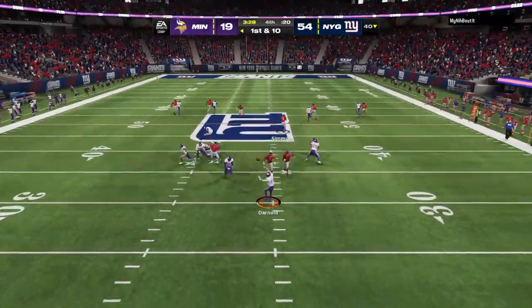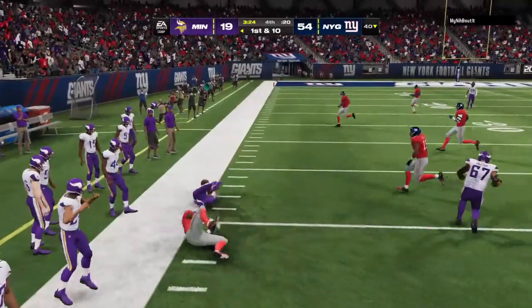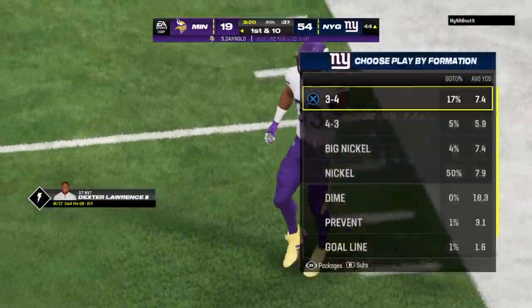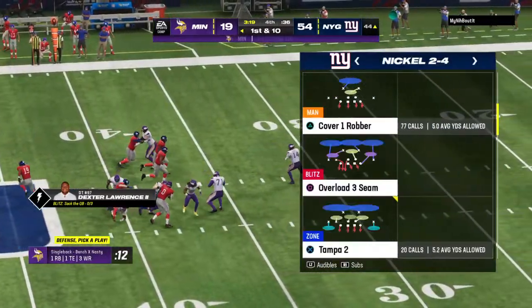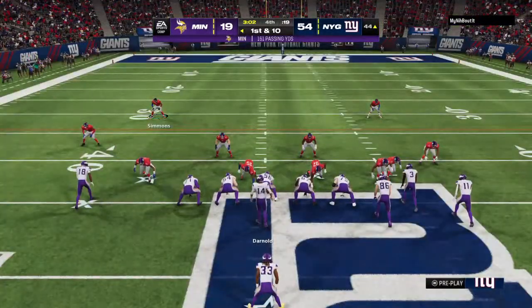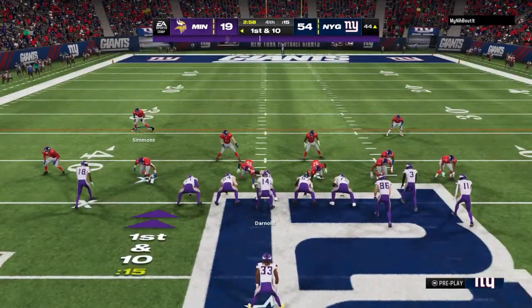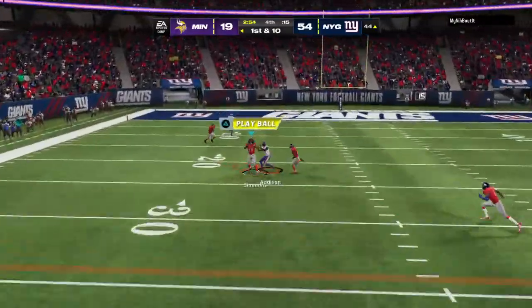Darnold on 1st down. Setting up the screen here, Aaron Jones. And taking it across midfield and inside the 45. 15 more there, and they're on a roll. It's another 1st down. Well, they've certainly had their share of troubles running the football in this one, but this play is almost an extension of the running game right here. They set up the screen, let him work out in space on the perimeter, and he turns it into a...